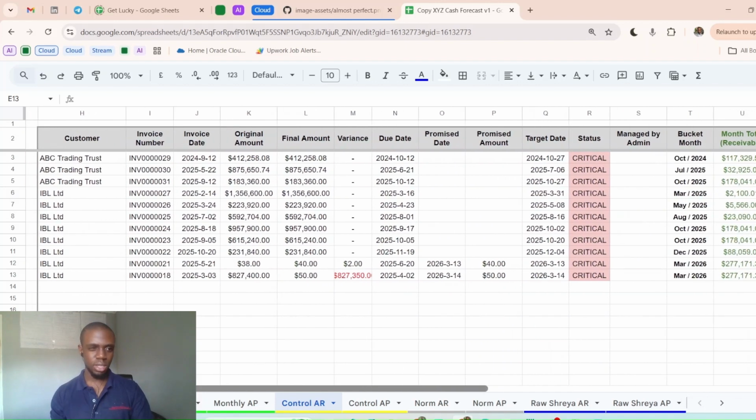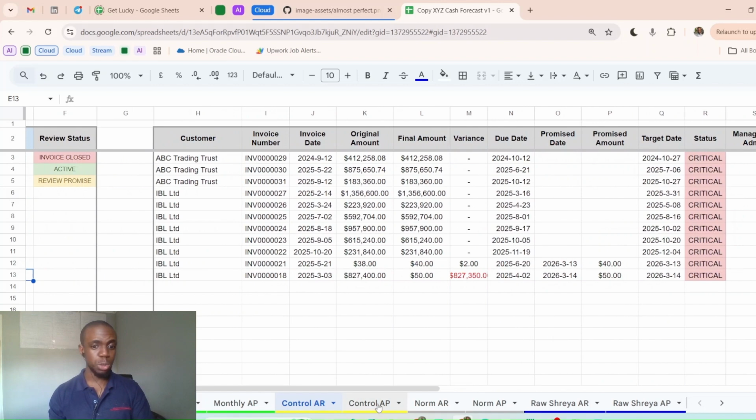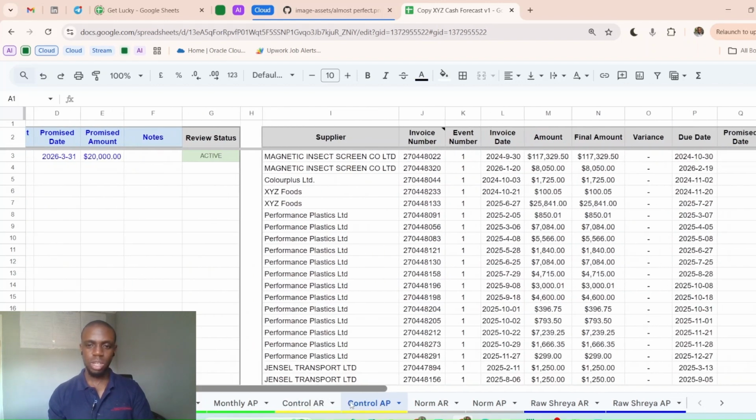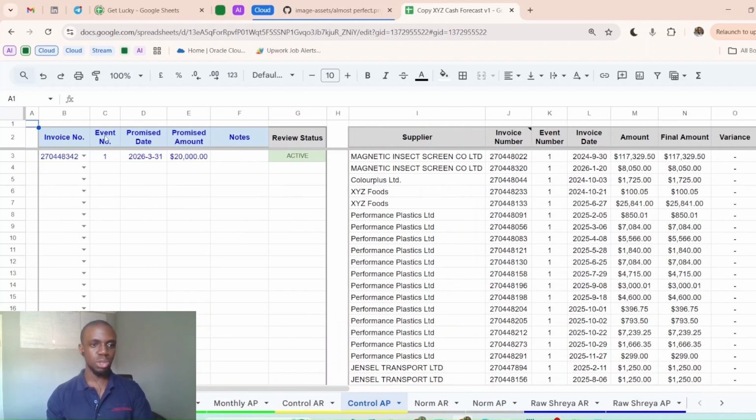way. As you can see, you can actually go through each invoice one by one, and in terms of accounts payable, if there are multiple events, you can actually track each payment event. So let's say, for example, the terms of payment are 30 days upon invoice and 60 days after invoice. You can actually trace each event accordingly and adjust based on promised dates, which should edit here in this persistent layer. Once you refresh and put in a new export, the system would update accordingly, and this allows you to actually